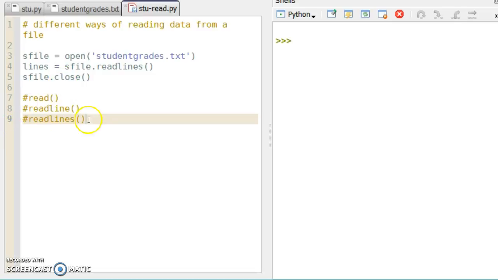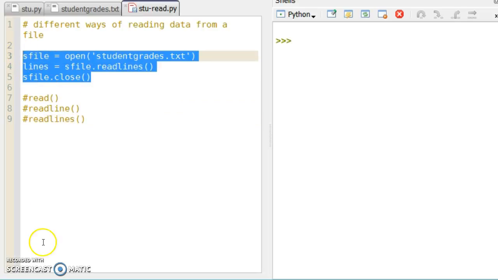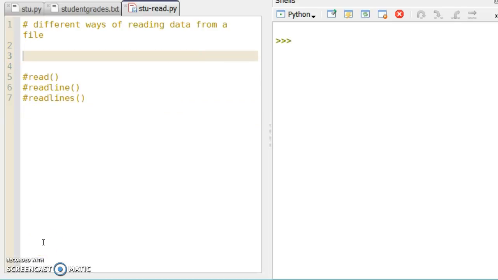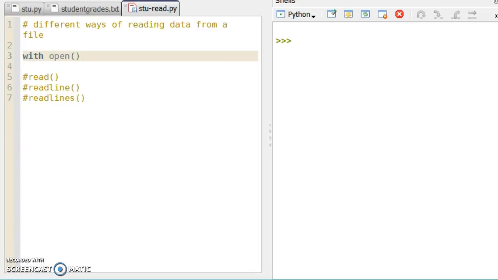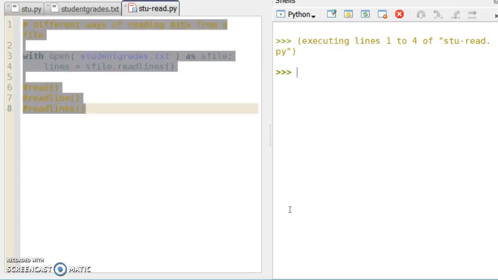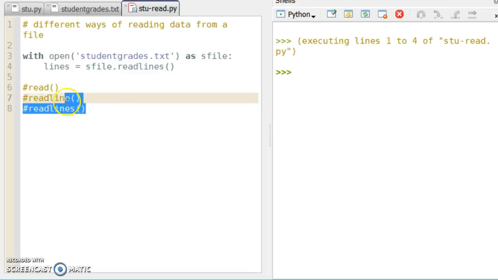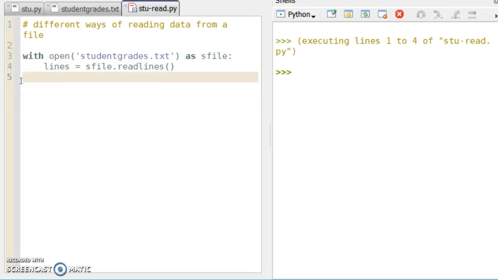So I'm going to just use readlines. Let's change our program into best practice for working with files. So we're going to say with open. If we just run this, make sure it works, and I can delete these comments. And so lines